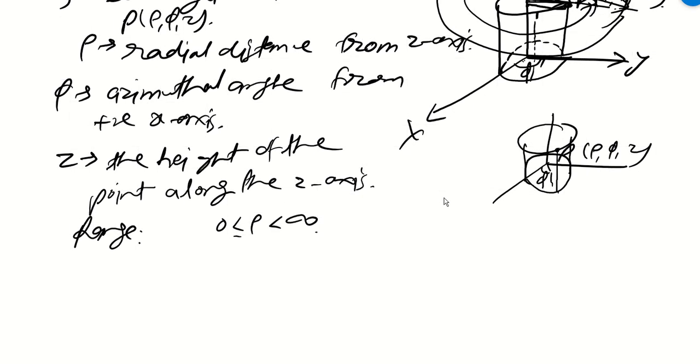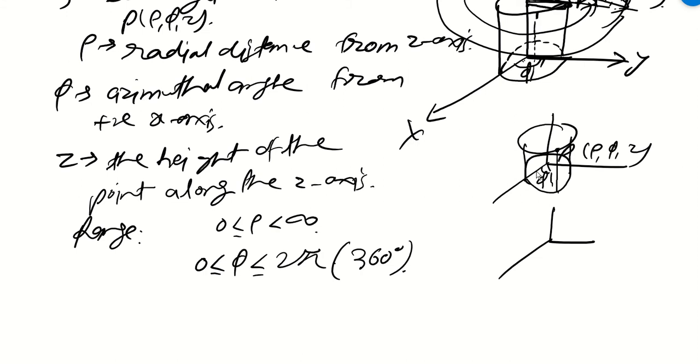Next, what will be the value of phi? So phi is also varying from 0 degree to 2 pi, that is 360 degrees. Okay. So phi can vary all the way like this. So if phi is only 0 to 20 degrees, then my representation will be like this. Okay. So this is the phi, and here I have drawn for 90 degrees. So phi is 90 degrees only, it is varying. Rest all other degrees are not there. So it is looking like this.